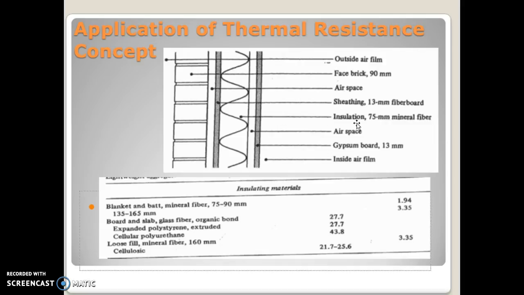You have this insulation of 75 mm mineral fiber. So if you have a blanket bed mineral fiber 75 to 90 mm thick, it will offer you 1.94 meter square Kelvin per watt of resistance. You can compare the various values of resistance. The higher the value of resistance, the better the insulator, and in this case we are interested in better insulation, so that the heat